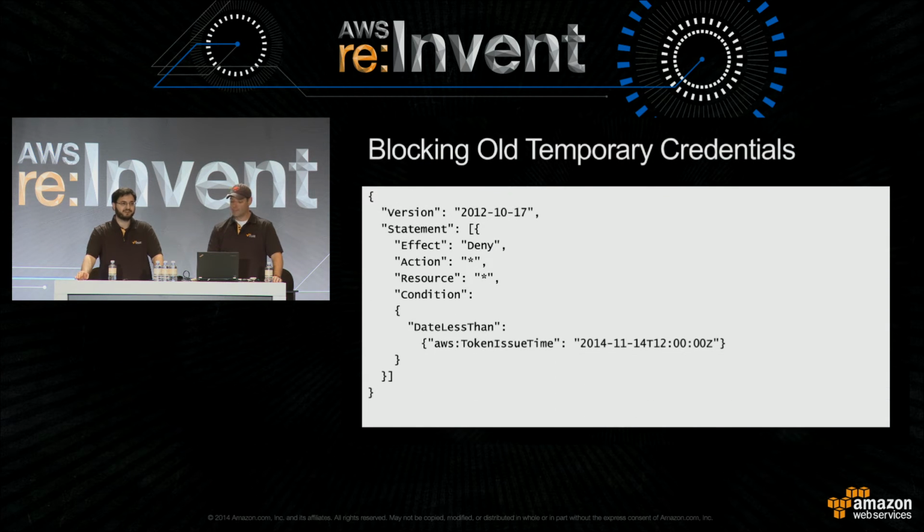If you're not in a position to completely block access to the identity that had a credential exposure, you can put a policy like this one on it that blocks all access taken using temporary credentials that were issued before a certain point in time. In this case, one's before, I guess that's tomorrow. And be a little bit careful when applying this policy to roles. If roles for EC2 has not yet delivered new credentials, this will block all access from an instance until it picks up new credentials.